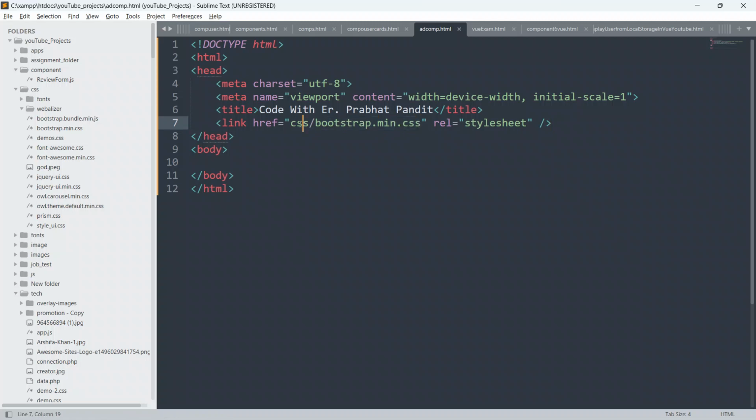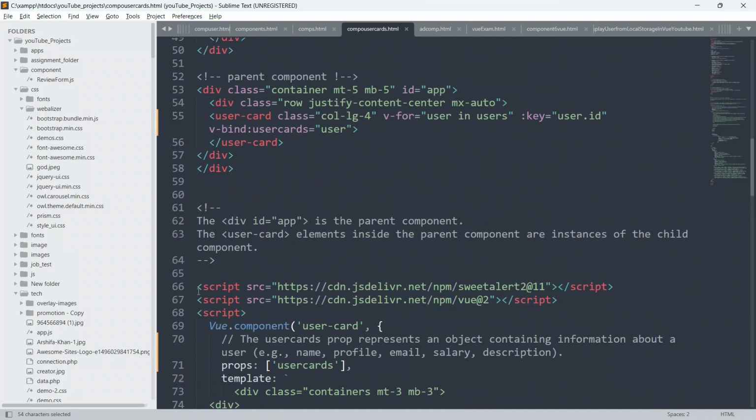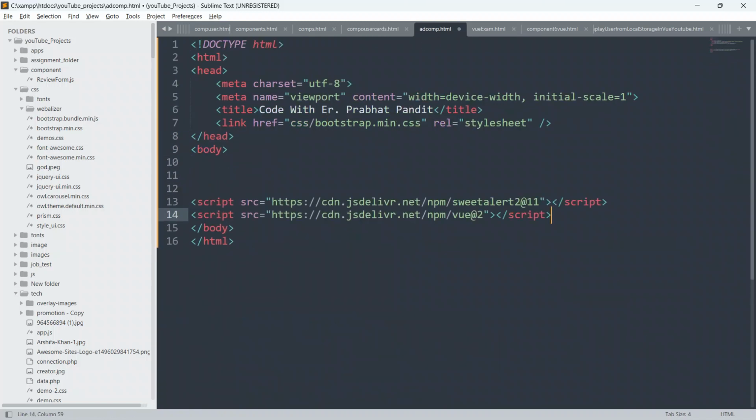As you can see here, I have got the folder named CSS, and inside that folder I have got the file bootstrap.min.css. Let me go to the example again and copy one more CDN link from there. I will copy these CDN links and paste them above the closing body tag. Now we are done with the CDN links.